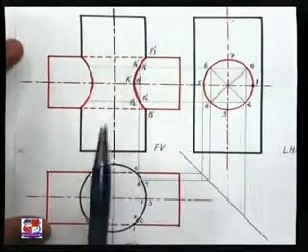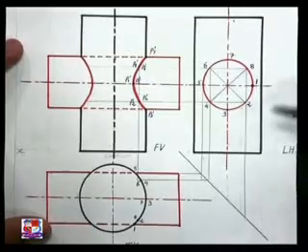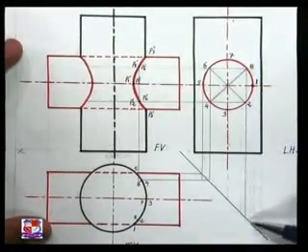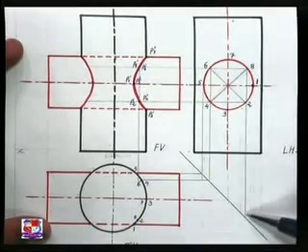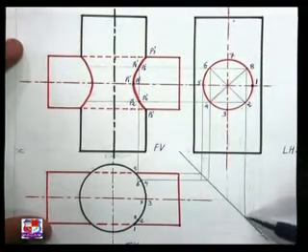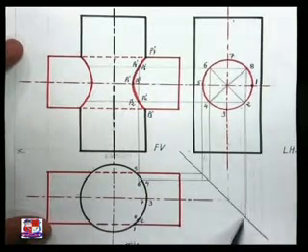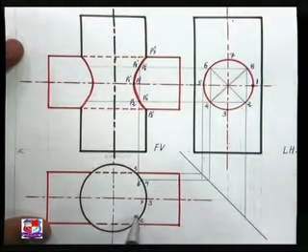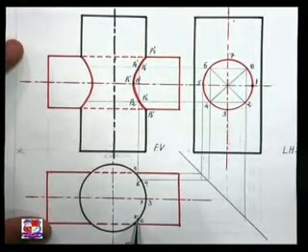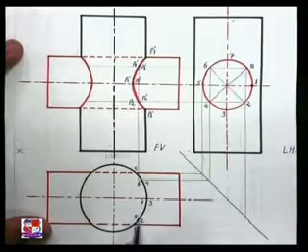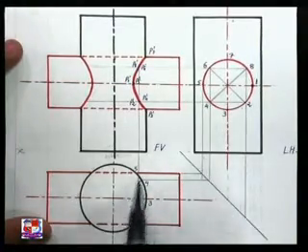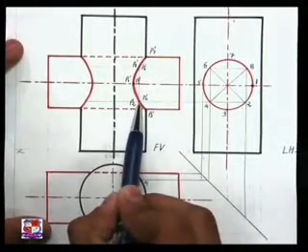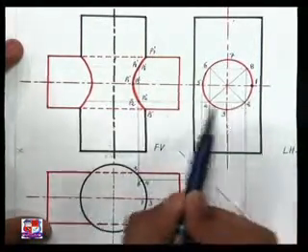Now what should we do to find out the position of point number P2? Of course, a similar exercise. This is point number 2. So from this point, draw a vertical line over here. This vertical line will cut this 45-degree line at this point. So from this point, draw a horizontal line, and this horizontal line will cut this circle at this point. So this is the top view of this point. Mark this top view, name it as point number 2. Now to draw its front view, draw a vertical line from point number 2 like this, and a horizontal line from point 2. So here point number P2 dash is there, which is the intersection of the horizontal line from point 2 and vertical line